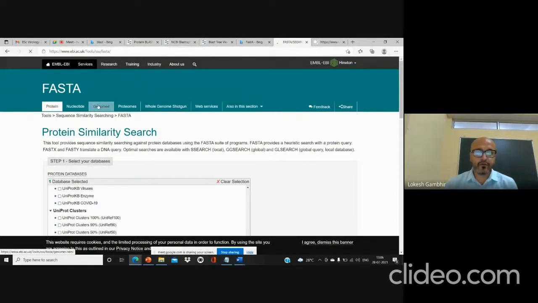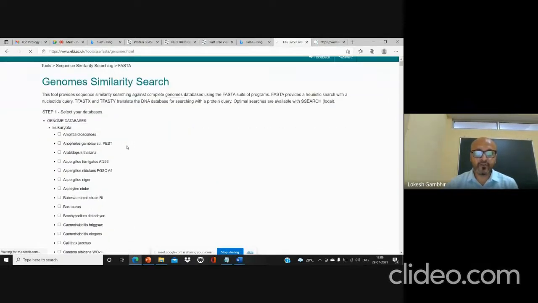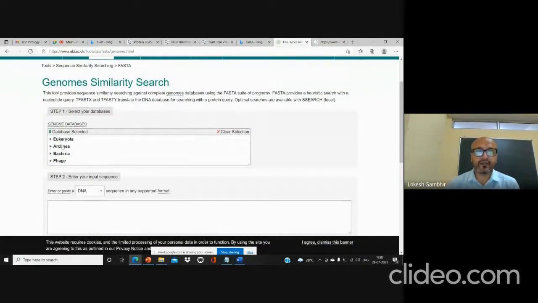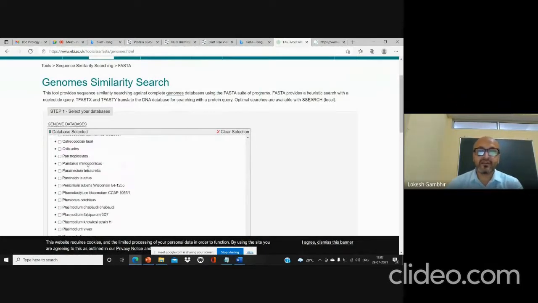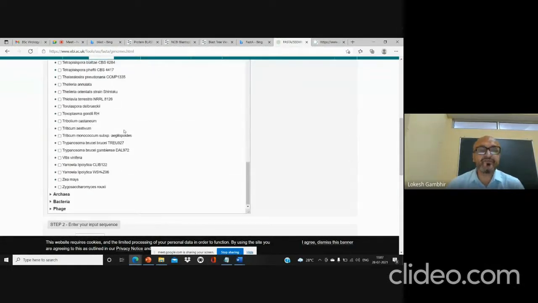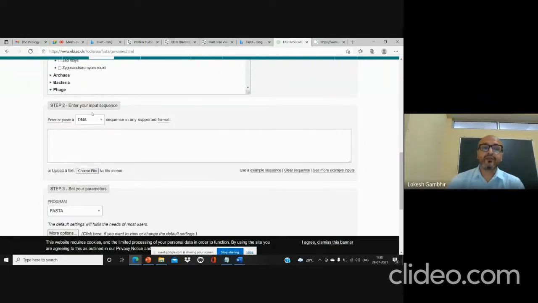So if you want to go for genome, let me showcase the genome. In genome, you'll be getting the genome databases of different organisms. If you are going to go for eukaryote or archaea, specific selections for BLAST are possible, and this is possible only for those genomes which are sequenced. Suppose you are interested in patents, you can directly go here. So you will paste the DNA sequence taken from GenBank, and then you will perform your FASTA.